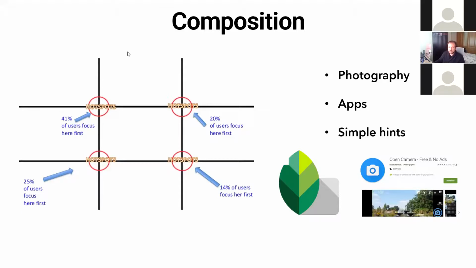Yeah, so you can turn this on. It's normally called a grid. You can turn this on or off on most mobile phones, and it will help you make your images or videos look prettier.